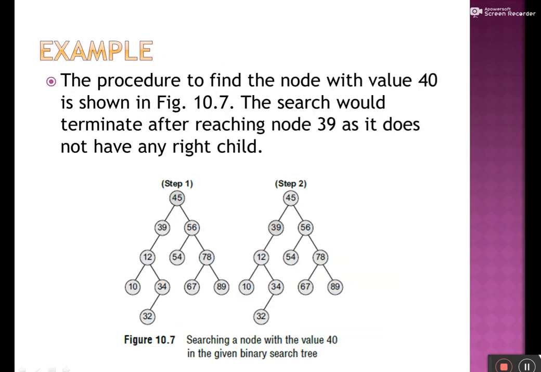Okay, now let's move on to another example. Here we want to search for a value 40 in a given binary search tree. We'll again start with the root in step 1, and compare it with 40. Since 40 is less than 45, in step 2 we'll jump towards 39. Now 40 is greater than 39, but 45 is greater than 40 as well, so there is no scope for this item to be in the BST. So this search is unsuccessful here.